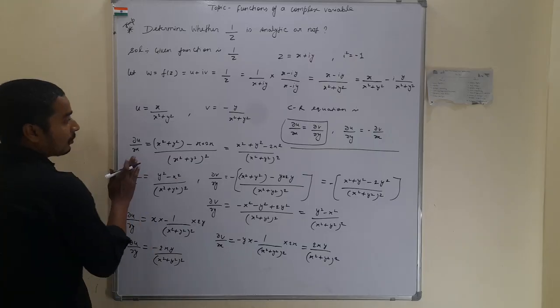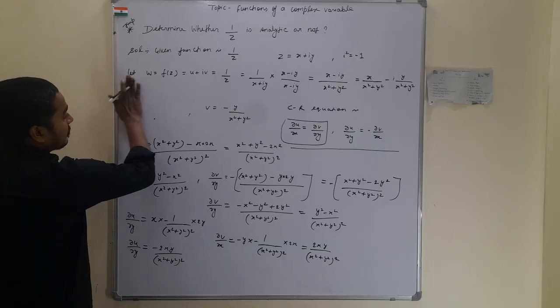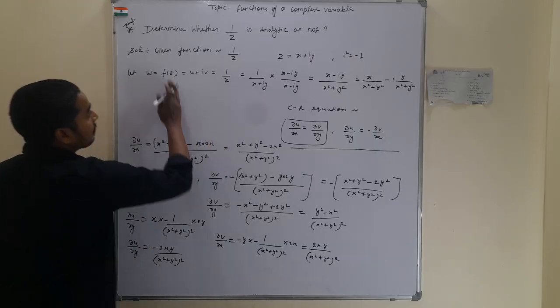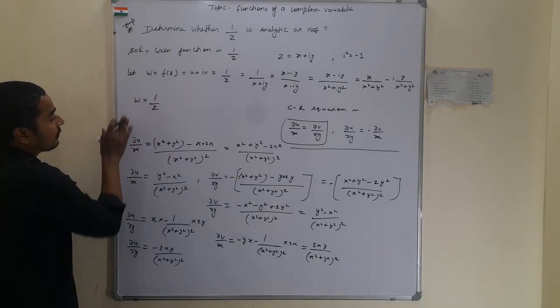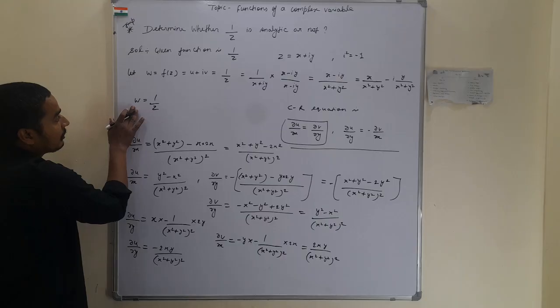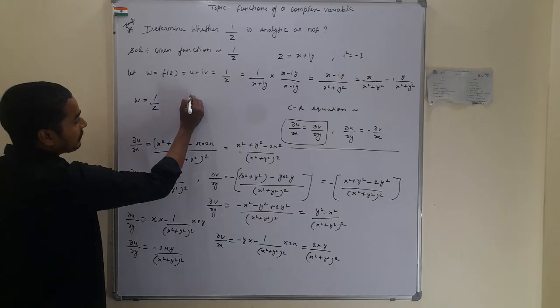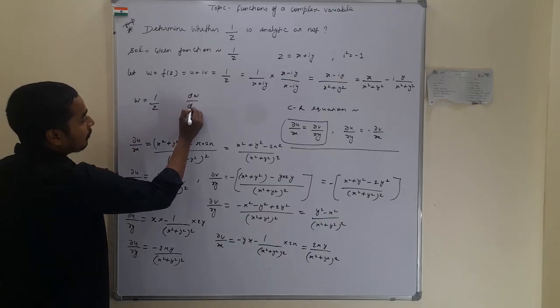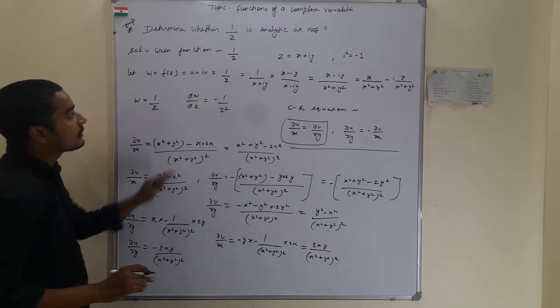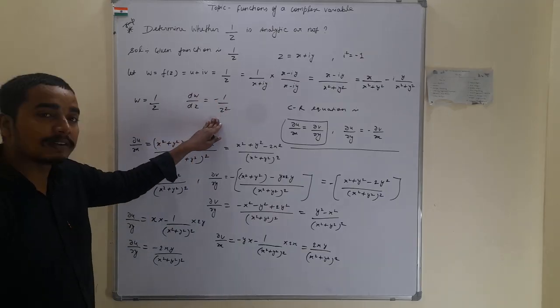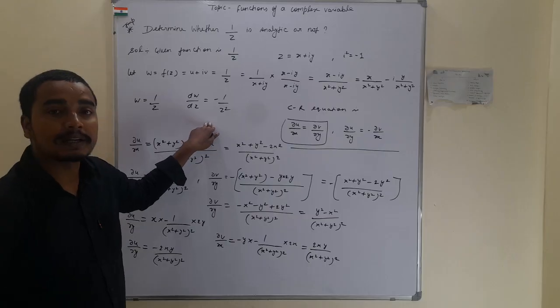Further we can also find here once again, let w equal 1 upon z, and differentiating w with respect to z, this gives dw/dz is minus 1 upon z². This given function is also differentiable,